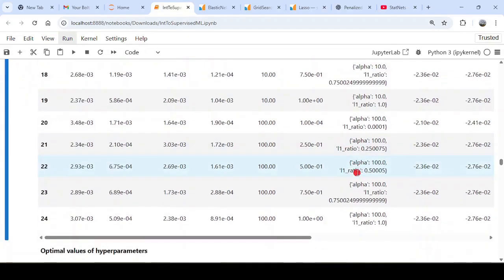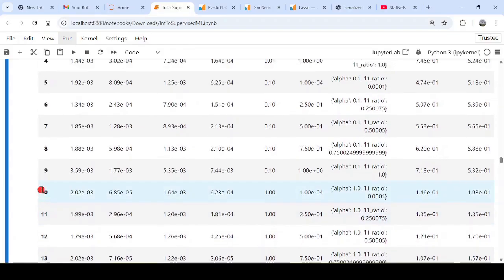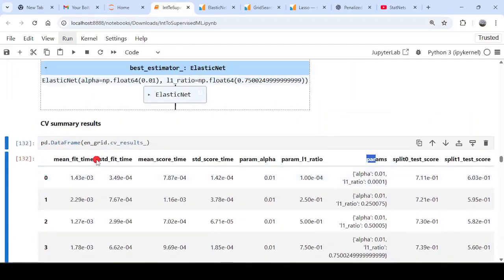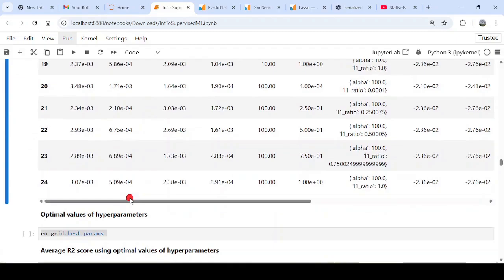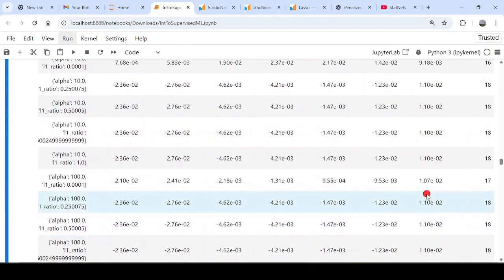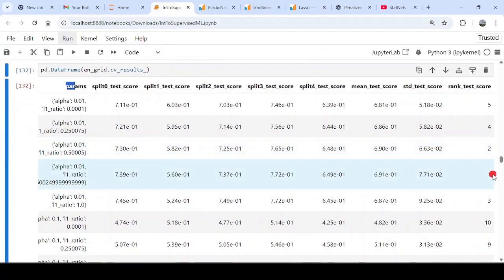Totally we expect to have 25 models, so 24, because here the index starts from 0. That means these are the results for all the 25 models. If we go to the last column, for example, it shows 1. This is the best rank, 1, that means the model having the best performance. So the mean test score is this one,